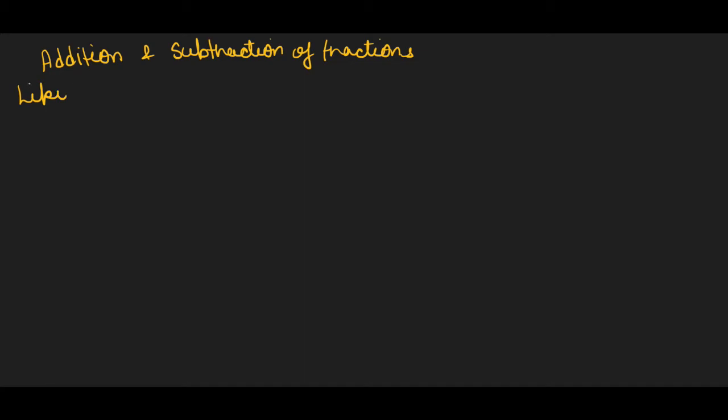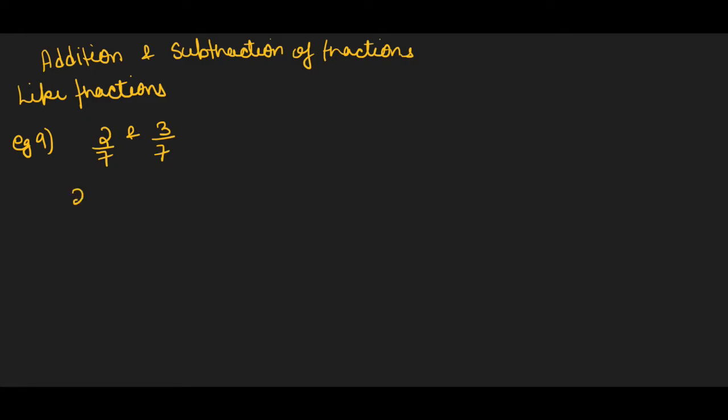We have this, children, here is addition and subtraction of fractions. Firstly we will go through how we will solve addition and subtraction of fractions, if the fractions are like fractions. What are like fractions? Which are having the same denominator. So first example, example 9, add 2 upon 7 and 3 upon 7.